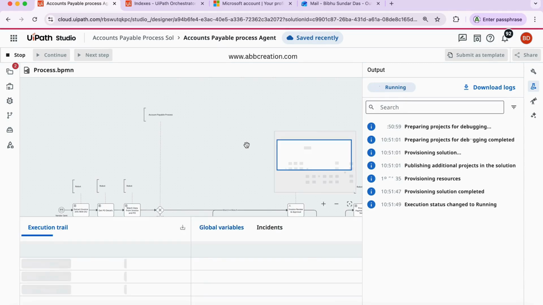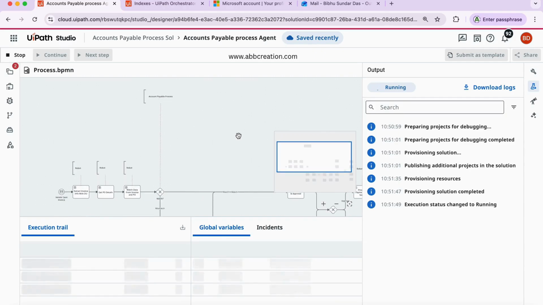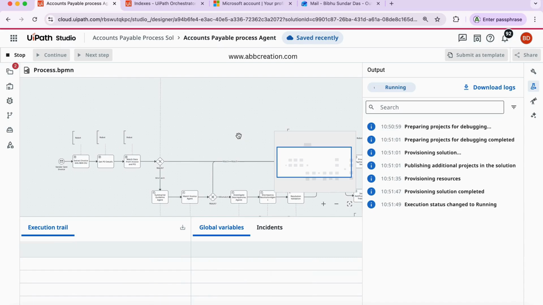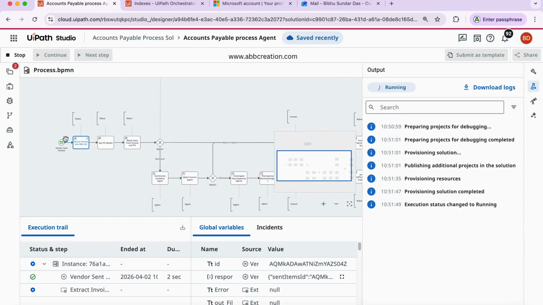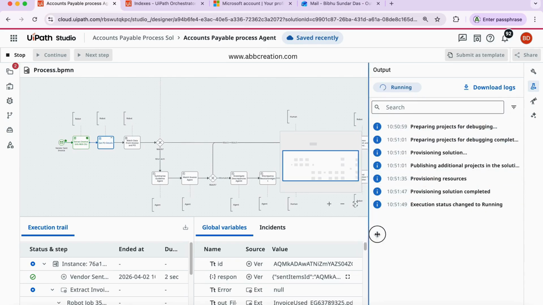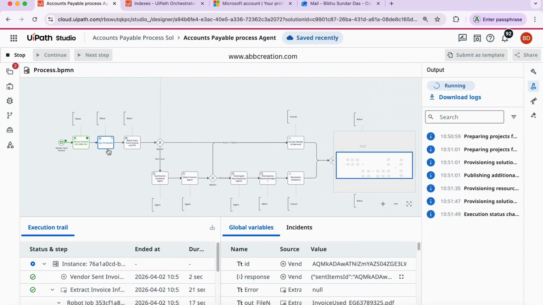Yeah. Okay, so if you see here, the execution is almost about to start, and you see here the execution trail has started. Now you observe here, email start event is triggered. It means that it read the email from the mailbox. Now it will start extracting the invoice from the mailbox. Okay, so let me hide these executions, or I'll minimize, just for your understanding. Now you see it has extracted the information from the invoice from the mail. Now it will